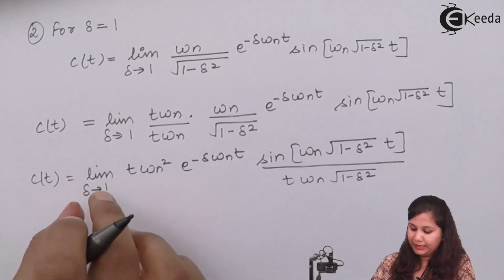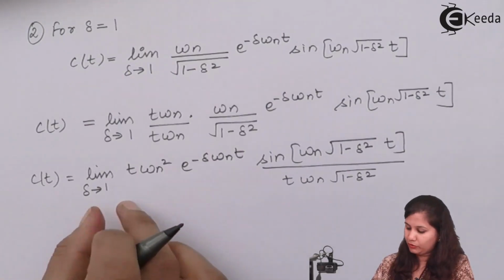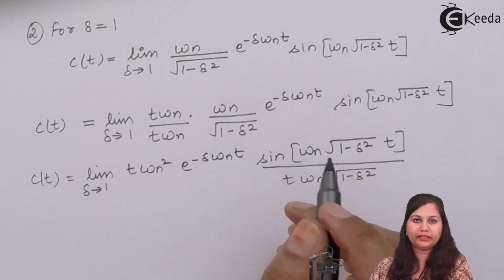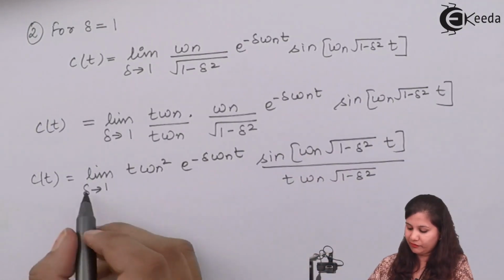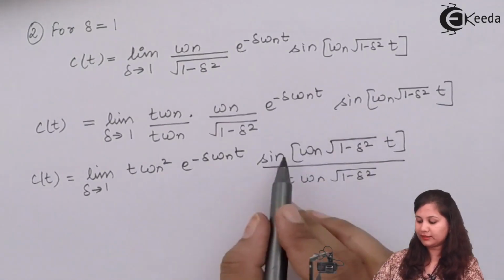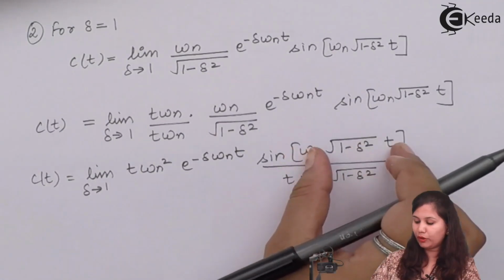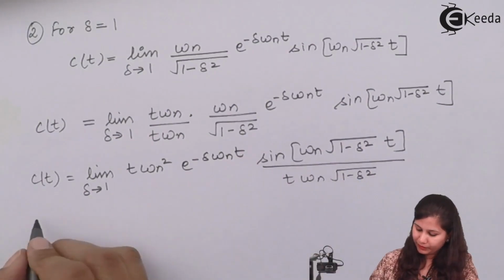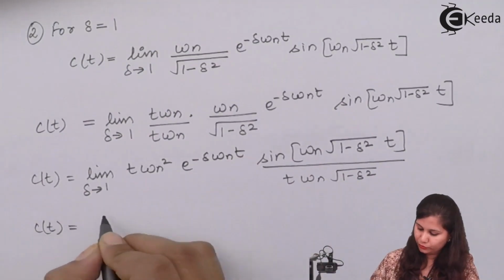Now, if we apply this limit delta tends to 1 on this sine term, then sine theta will tend to theta, because when we apply the limit delta tends to 1 on this sine term, it is going to approach theta. So this theta will become c(t) equals